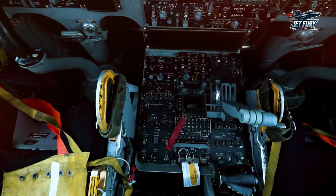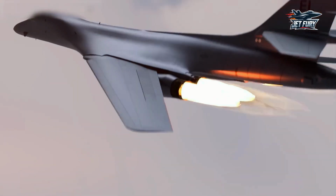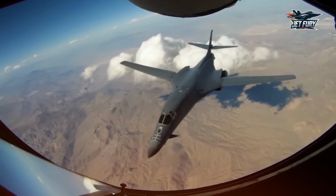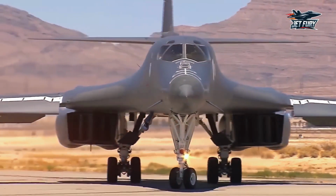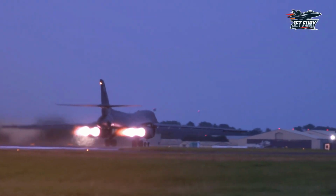With ongoing upgrades and next-generation weapons being integrated, the B-1 will continue to dominate battlefields well into the future. The B-1 Lancer is not just a relic of the past, it is a war machine that continues to evolve. Despite being in service for decades, it remains one of the most powerful and adaptable bombers in the world. While newer bombers like the B-21 Raider are on the horizon, the B-1 is not retiring anytime soon. Instead, it is undergoing a series of major upgrades that will keep it battle-ready and more dangerous than ever until